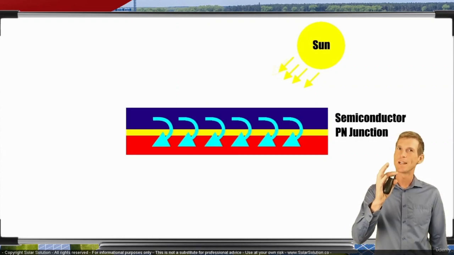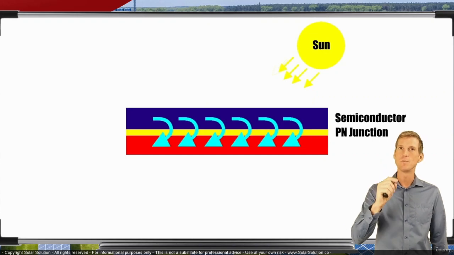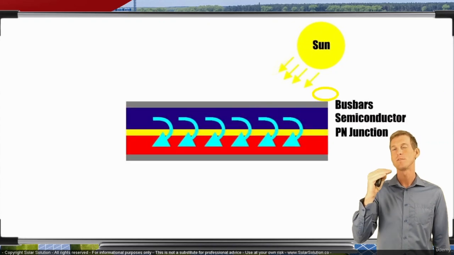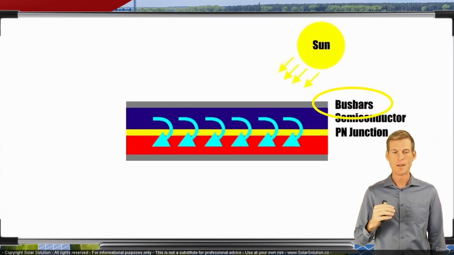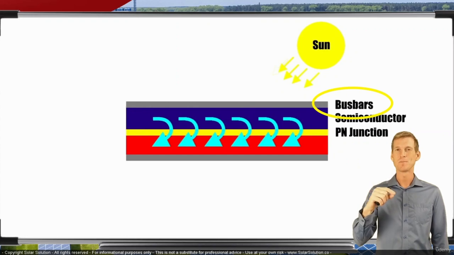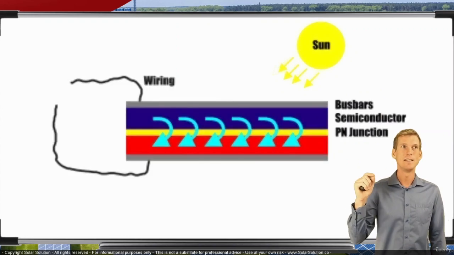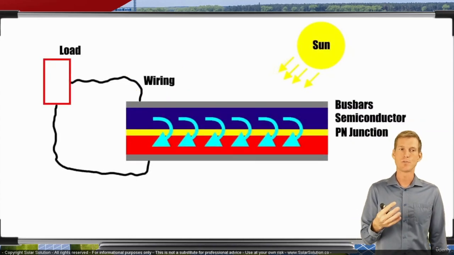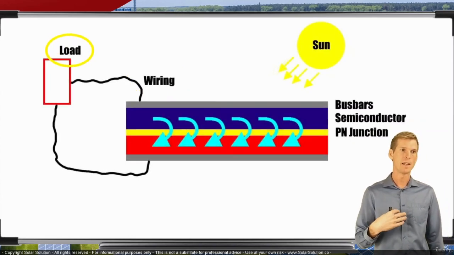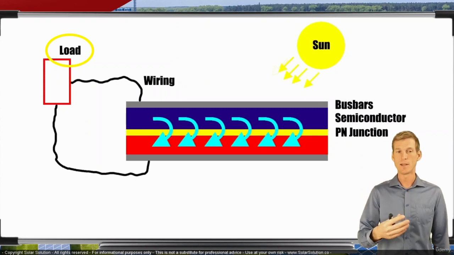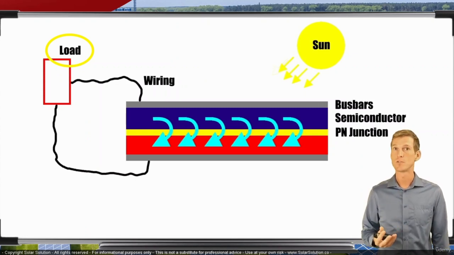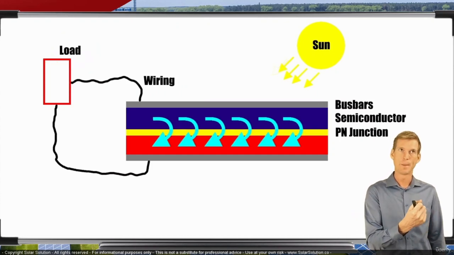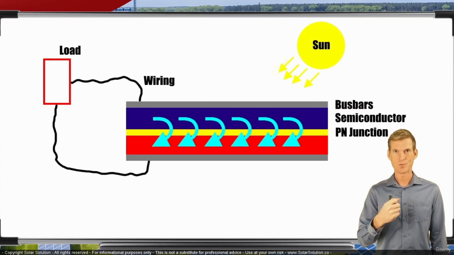And then in order to use the electricity which is being created over the p-n junction, we connect bus bars. We install bus bars on both the positive and negative side of the semiconductor, and then to these two different bus bars we connect wires, and we connect the wires to our load. Your load is the technical term for anything that you intend to consume the electricity, right? It can be an electrical light bulb, an electrical motor, it can be a battery. So anything that consumes the power from your source, from your solar panel, is called your load.